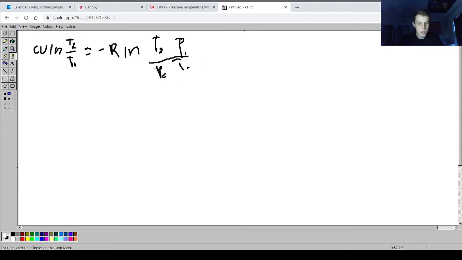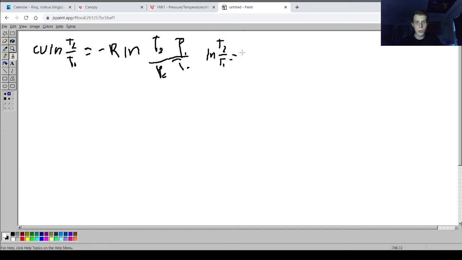Next, we are going to take the constants and move them to the other side. Cv is already out in front of the natural log, so we can move it over to the other side, and this one will go up in the exponent. The natural logs will still stay, but we're just going to move the coefficients. So natural log of T2 over T1